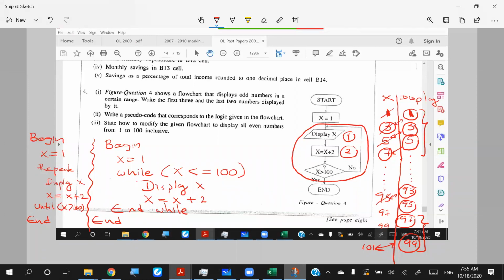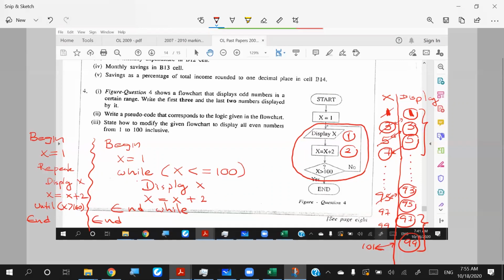But think about a place where it receives 100, so your answer is still no for the condition. 100 larger than 100. No. It is equal, no? So you can't have the yes answer. You are going to have the no answer. So that means in case we are getting 100, still we are able to iterate.